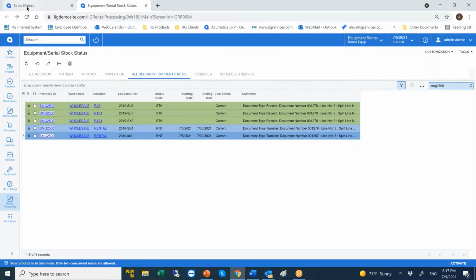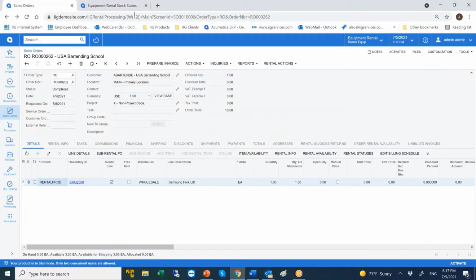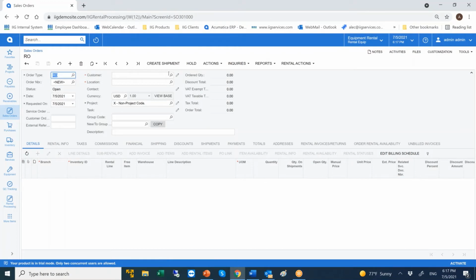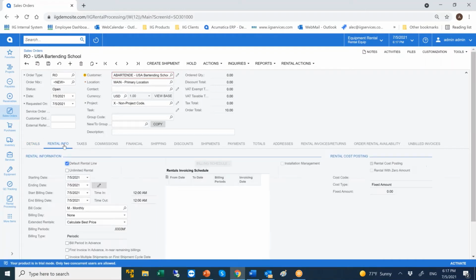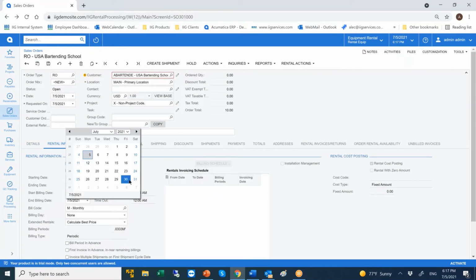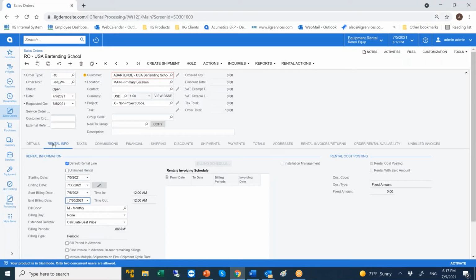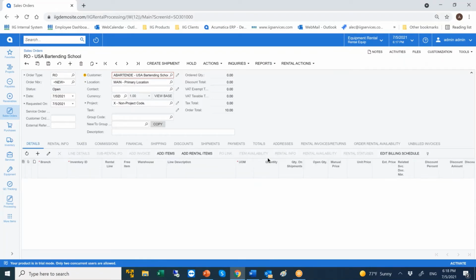So again, rental orders are processed, and you have the ability to enter packages. Now I'm going to enter a second order, and this order I'm going to enter a rental package, so you'll see how that is operated. That's for process. So similar to that, we can have an ending date of 7/31, except now when I go to the rental info, I have the ability to basically